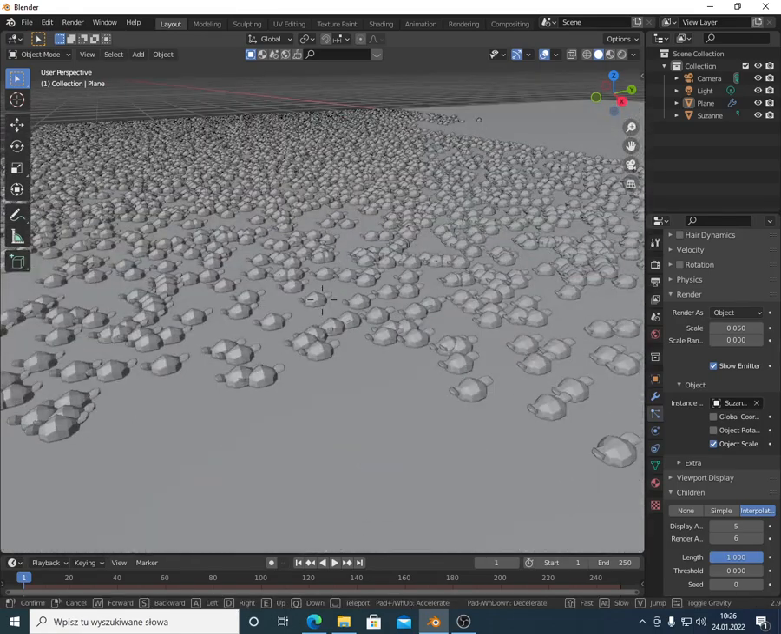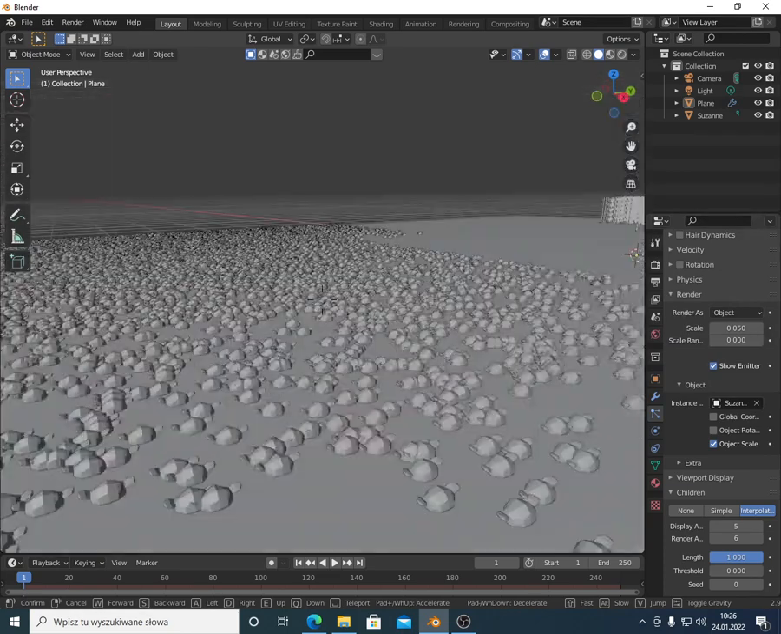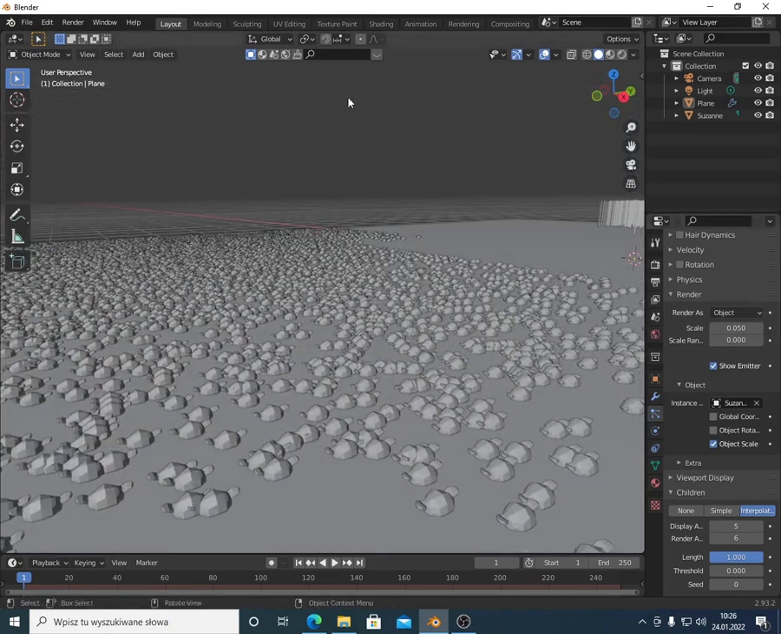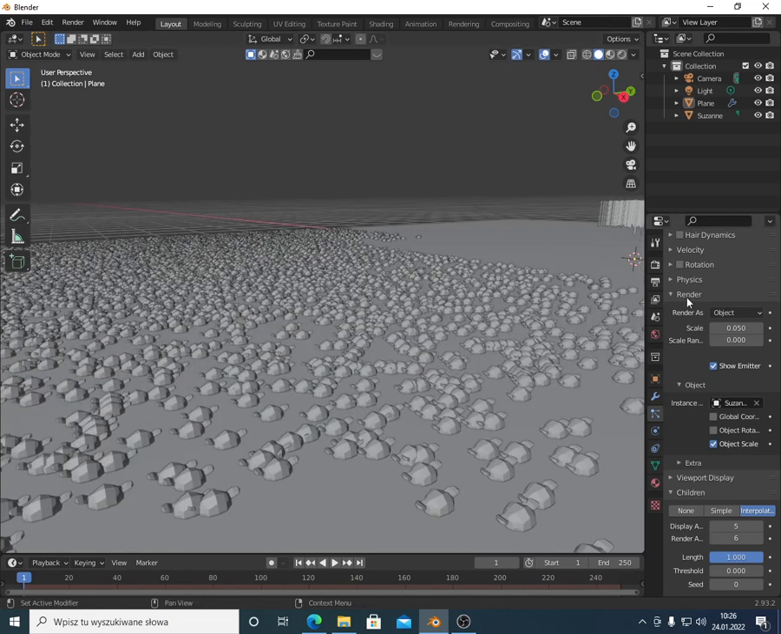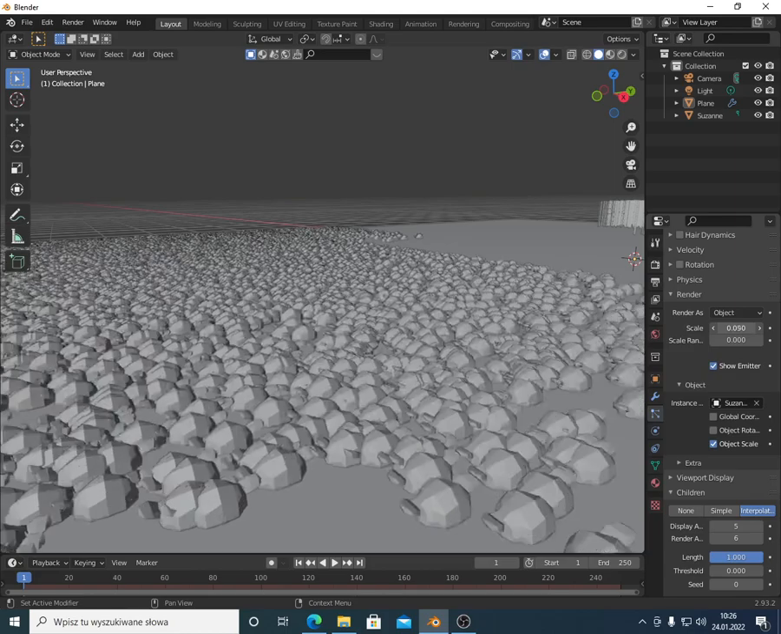As you can see, yes. I hope you get it how this works. So this object basically just represents the hair particles. You can render as object. And you have, of course, right here the scale,